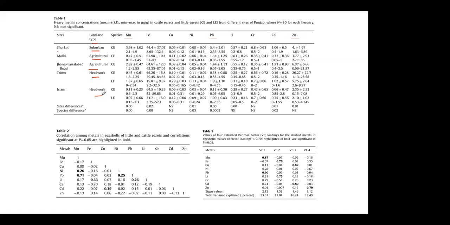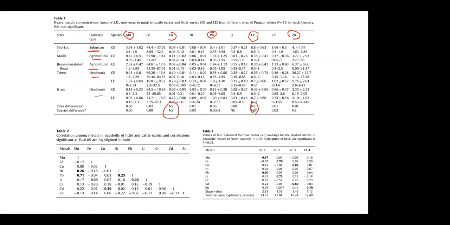You can see here that manganese, lead, and zinc, three metals, were found at higher concentrations in the suburban areas due to traffic activities and some industrial activities that are present. However, most of the metals were significantly distributed among the sites, except for a few. These results suggest that eggshells of the egrets could be used as biomonitoring agents for